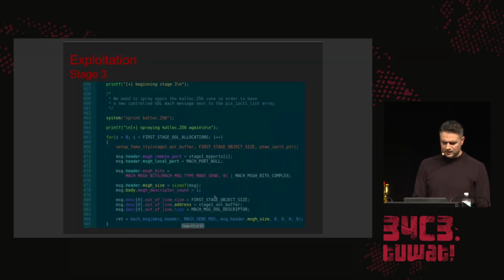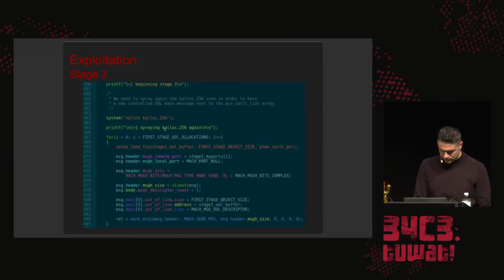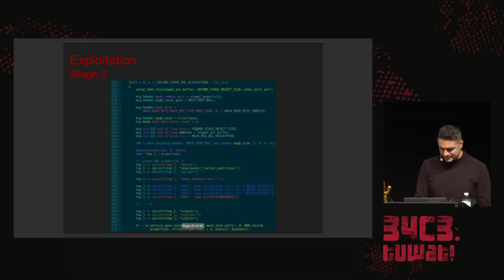So what the code looks like. Okay, that's the spray of 256. We have seen that a lot of times. That's the allocations of the 256. I don't have the freeze here because they don't matter, since we have seen them before. So what I have here is the spray of the calloc 88 zone. The important thing I wanted to show you is that at every step I took two allocations. One is the VMAP copy struct here, with the mach send message, and the second part is the XML properties,